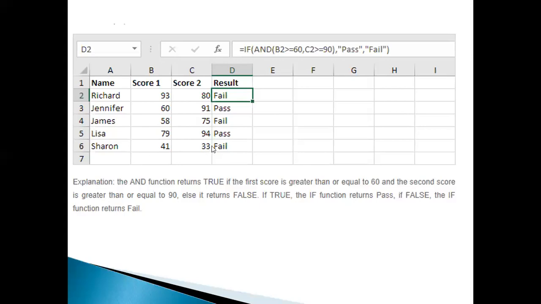So in the earlier lecture, we have seen the different commands related to the Excel sheet. I'll just recap.